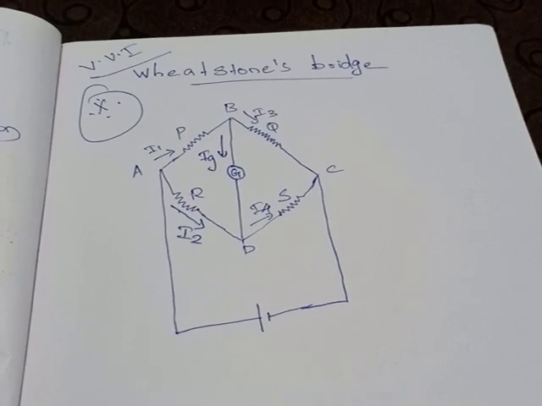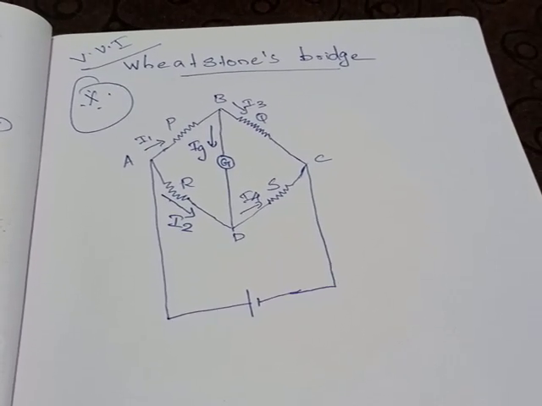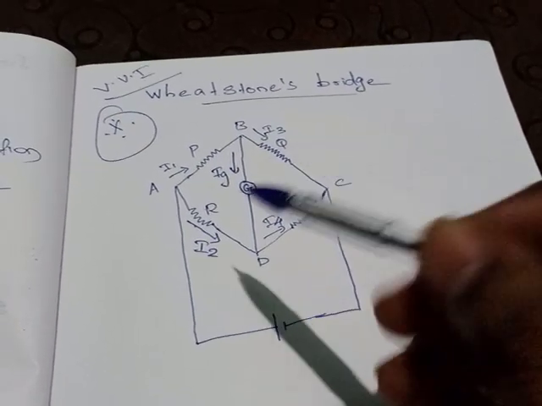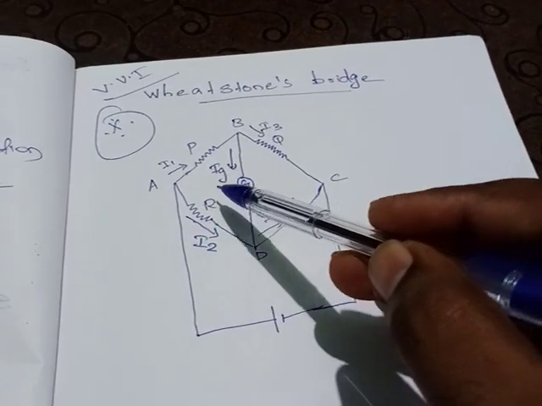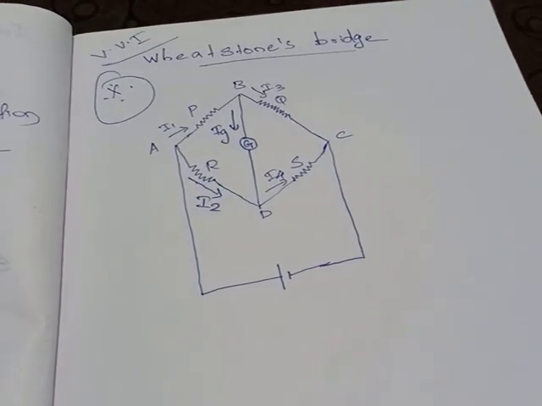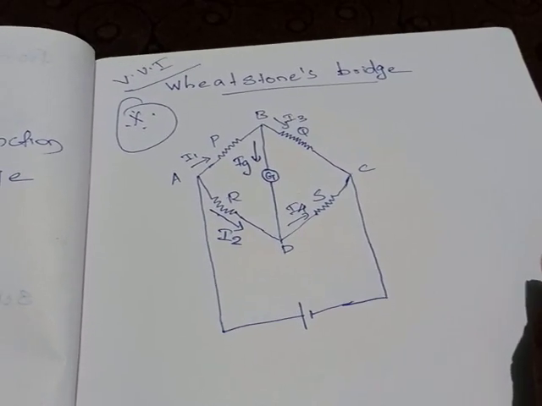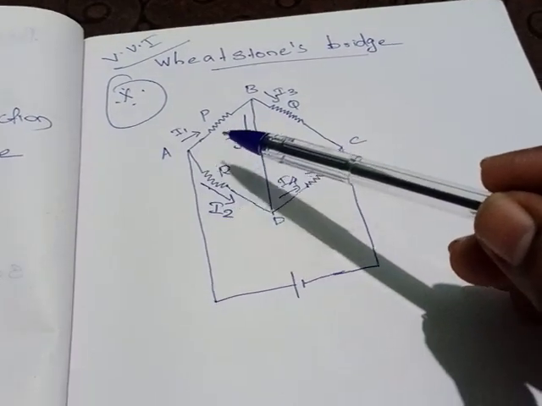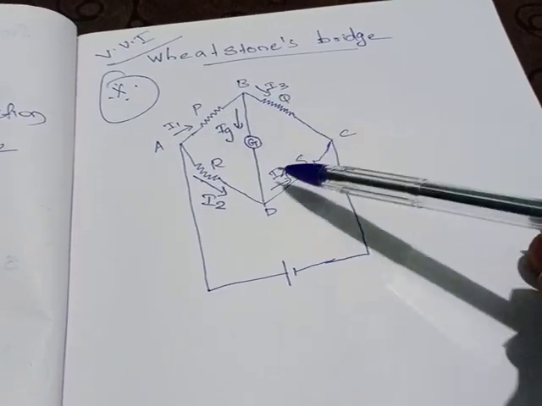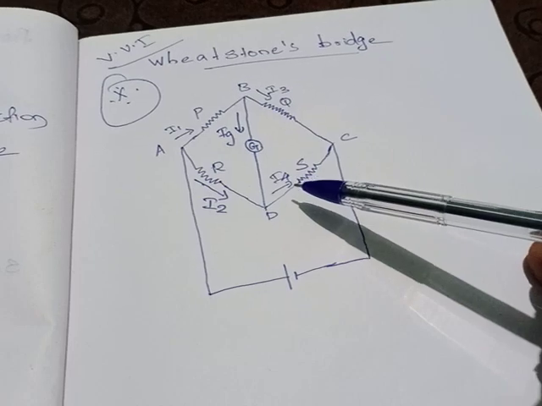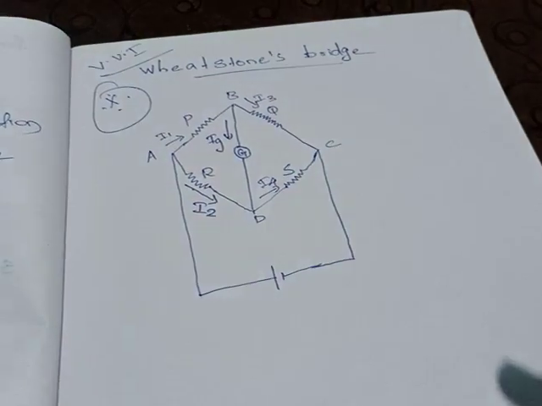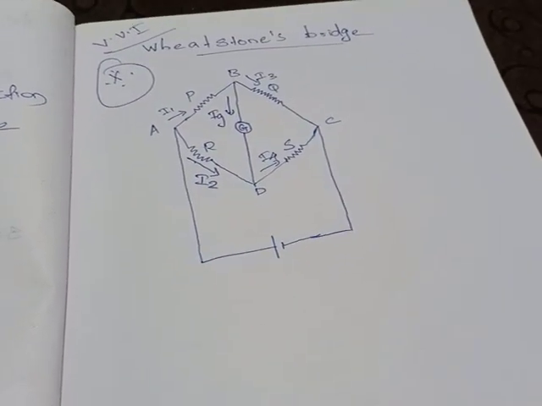In this question the specialty is the diagram. If you are drawing this diagram and putting this arrow mark wrongly, then everything will be wrong, so you lose your 5 marks. So it is very important. First thing, you have to know how to draw this diagram correctly with the A, B, C, D, P, Q, R, S and the direction of the arrow marks. If you draw this diagram correctly, then in your derivation you will not make mistakes.